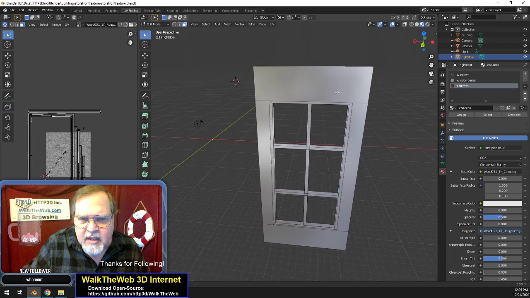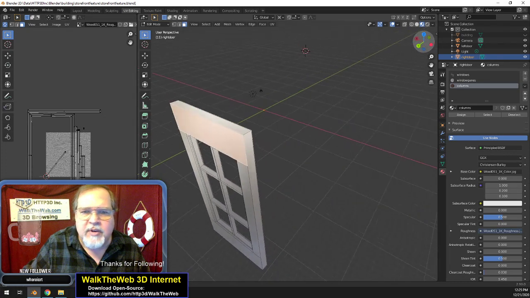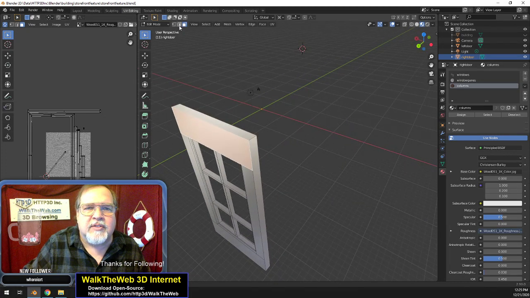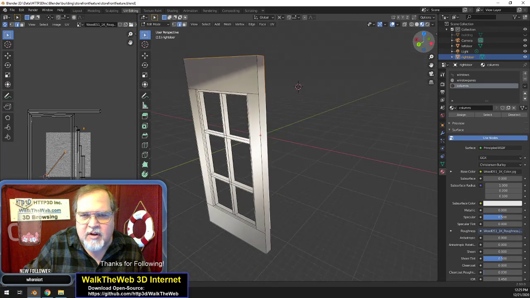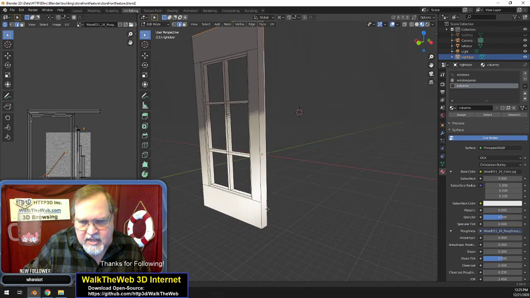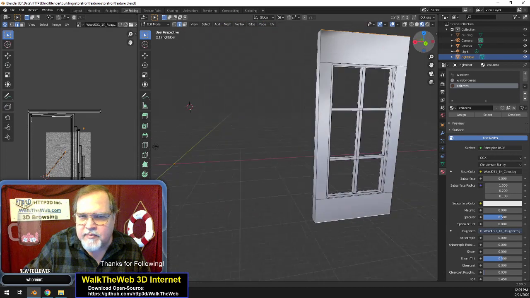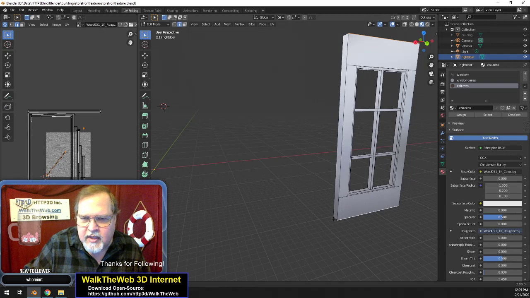Let's see. I'm not seeing. Oh, we didn't put any. Oh, I know why it's all messed up. Okay, so let's put some lines in here to tell it where the seams are on the door, because without the seams, it doesn't know how to unwrap, and it actually stretches it all over the place. So if I do this and get all these seams in place,